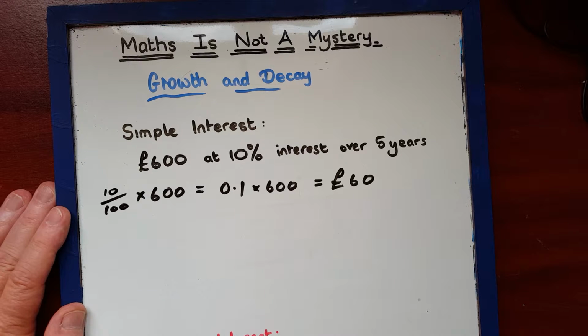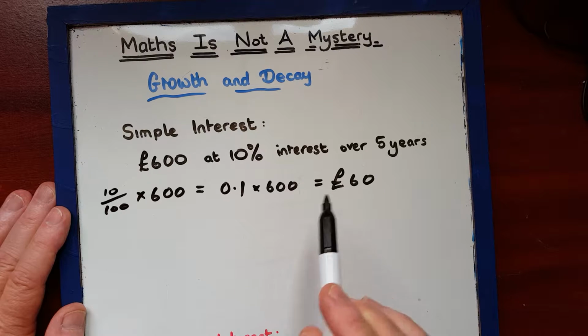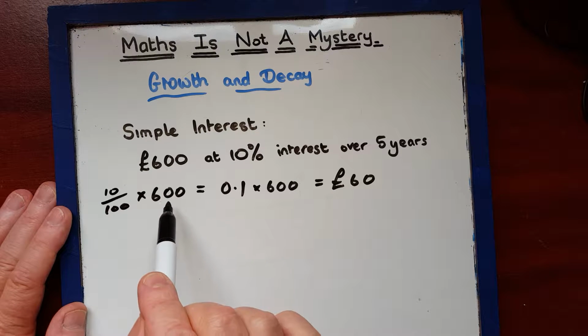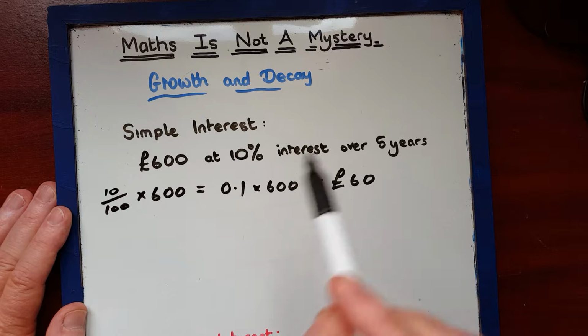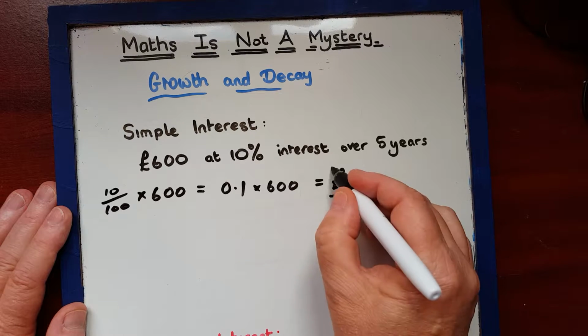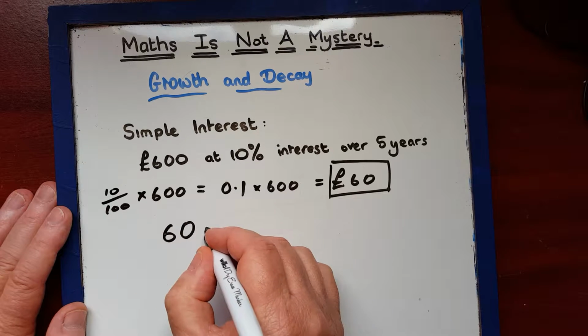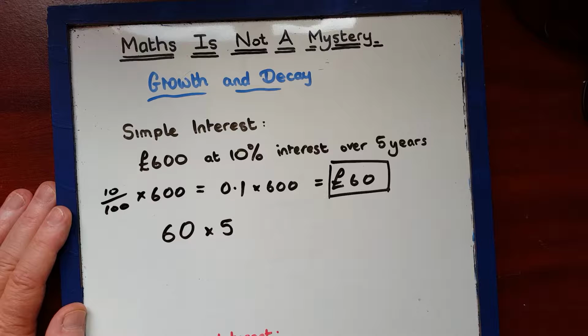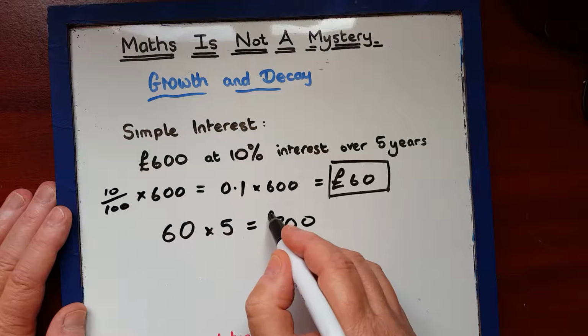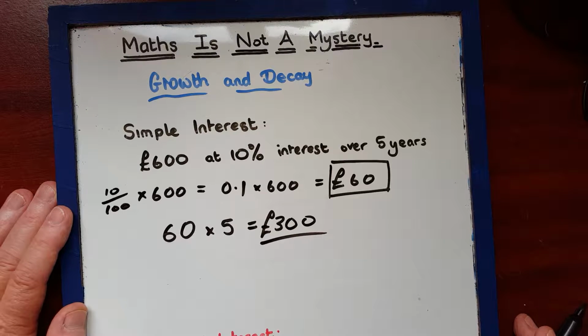So in a year, it would have earned you £60 in interest if it was a 10% rate, or you would have paid £60 in interest if you were borrowing the money. Now, we've not used the term yet. We've used the original amount and we've used the percentage. Now we're going to use the term, and when it's simple interest, it's very simple. According to its name, we get our single year and we multiply it simply by the term. Okay, 5 years. 60 times 5 is 300,